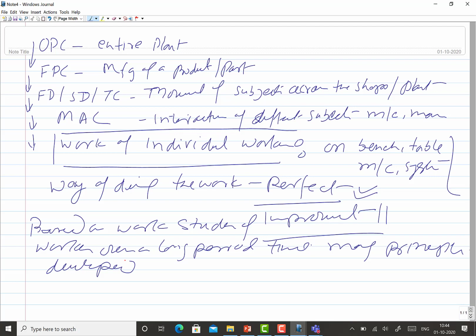And the first scientist who is recognized and acknowledged for his work in this field, studying the way by which work is being done by a worker, those kinds of studies are mainly attributed to the initial or pioneer work done by Professor Gilbreth,